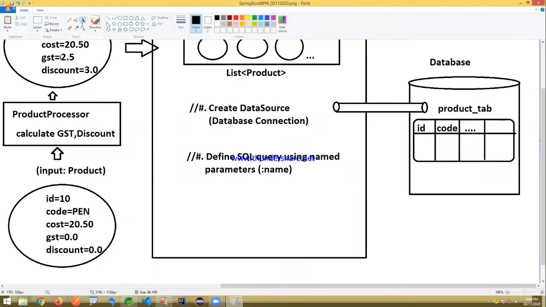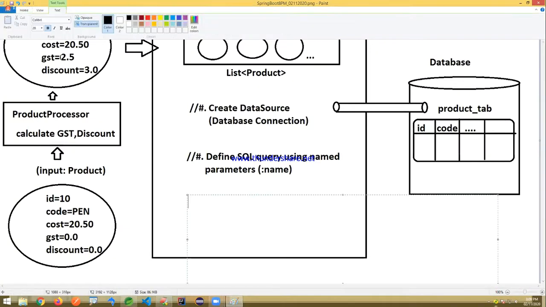For that we need to write one representation here: provide data to SQL using object input. We can also call it the data provider, also called the source provider. We have to provide the data.